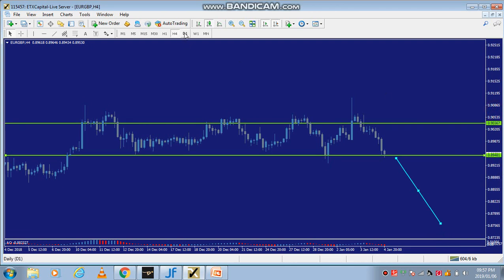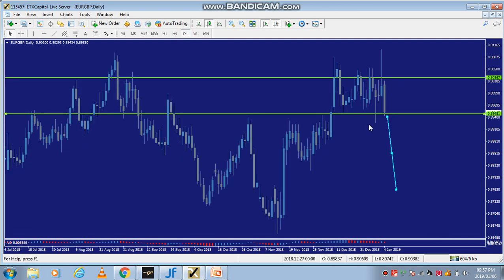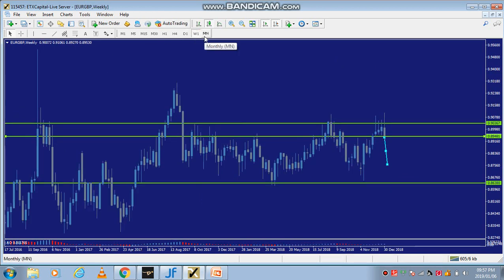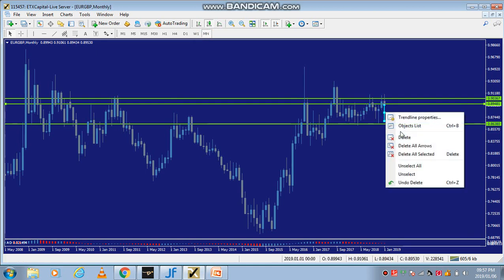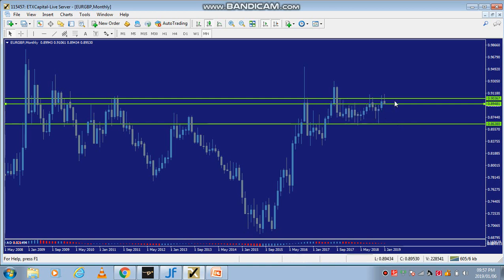So basically guys, using higher time frames to analyze the market helps us to see what is happening on the bigger picture. What is the smart money doing? What are the big guys basically doing? So we started from the monthly chart. The monthly chart was rejecting. The monthly chart rejected